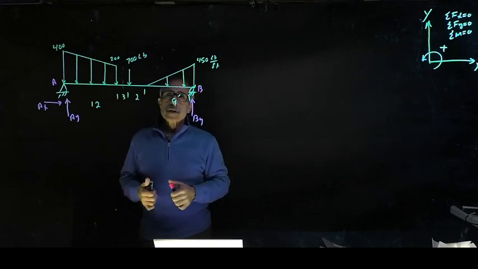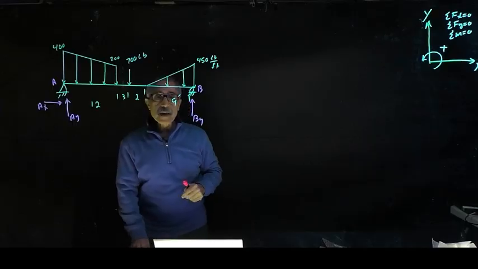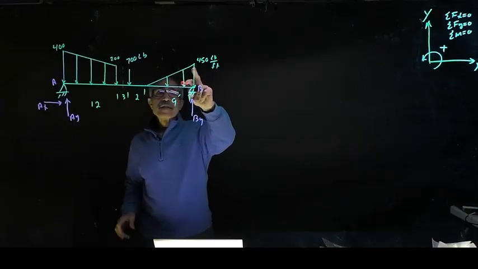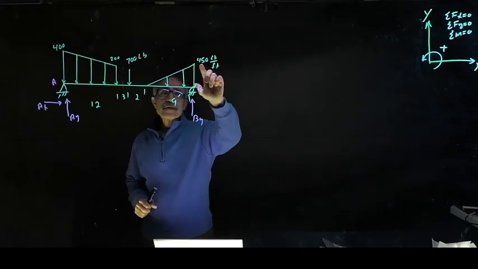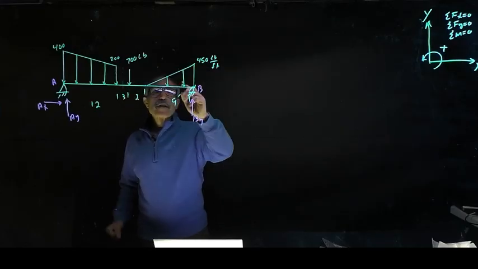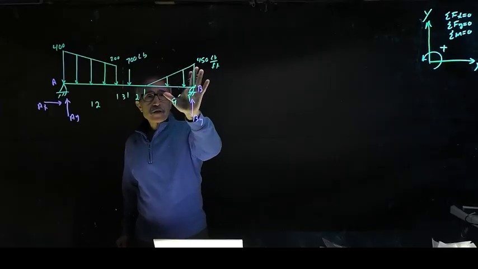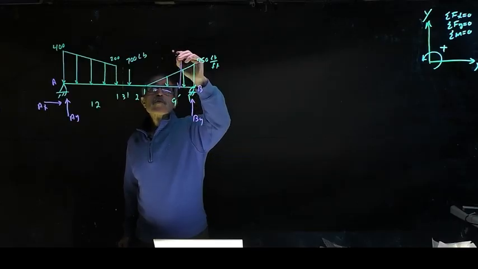How do we do that? So I'm going to make this load equal to one load. Because this is a triangle, the area of a triangle is what? It's 1/2 of the base times the height, or whatever way we look at it. So let's convert this uniform distributed load, replace it with one load. And let's put the load right here for now. And that's going to be 1/2